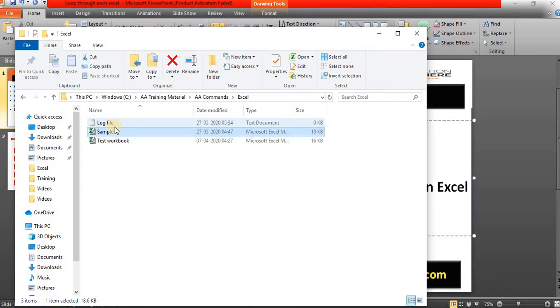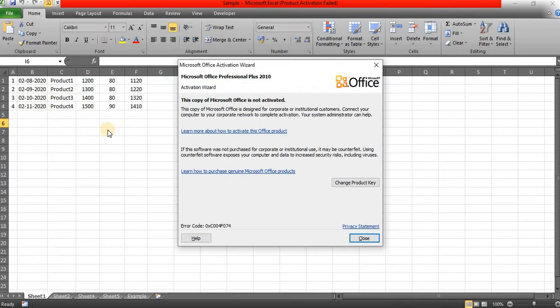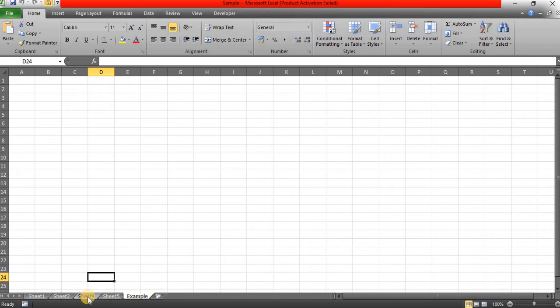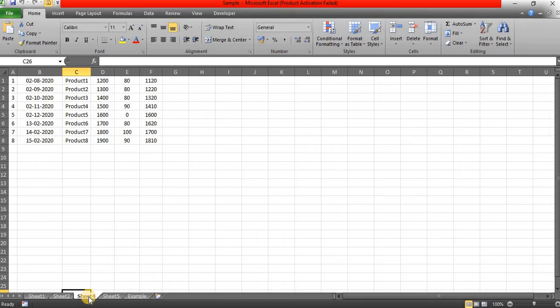Now I will open my Excel workbook so you can see the values. I have an Excel sample workbook. Let me open this one. Here you can see I have multiple sheets: Sheet 1, Sheet 2, Sheet 4, Sheet 5 and Example. You can see I don't have Sheet 3. I have deleted Sheet 3 and I have added multiple sheets.